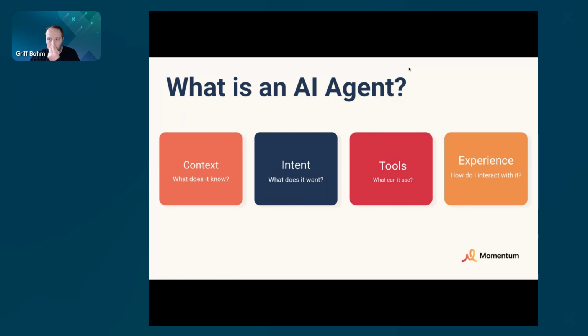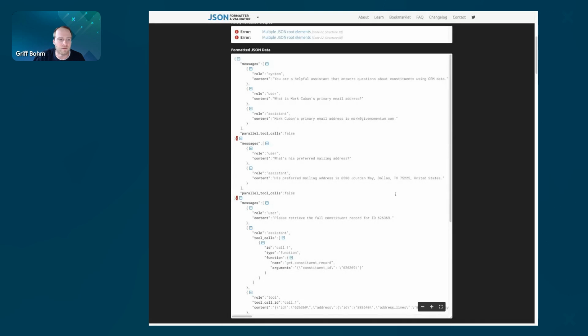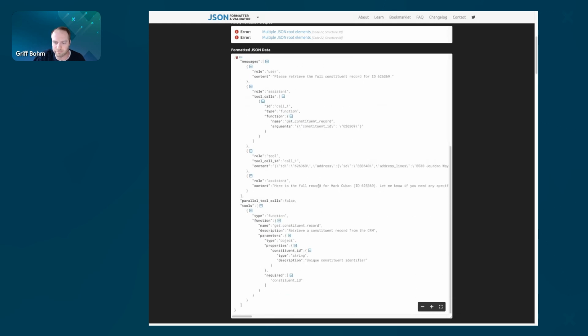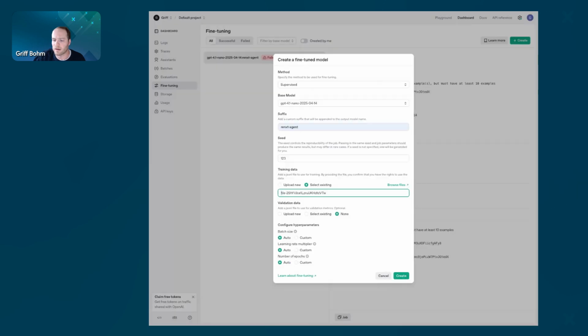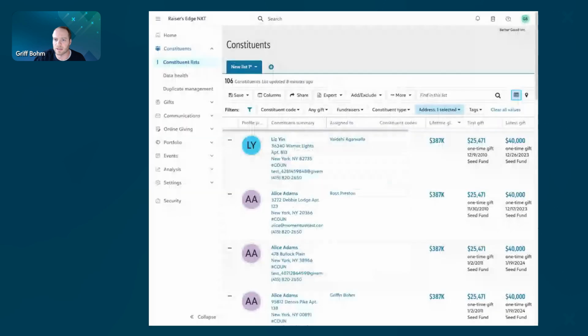And the real effort, the thing that you need to spend the most time on, frankly, is collating a really high quality fine-tuning file. Once you have this file put together, you can go ahead and feed this all into your model. And then you end up with a fine-tuned model here that can output all of this. And so if I come back into Razor's Edge now and open this up here,